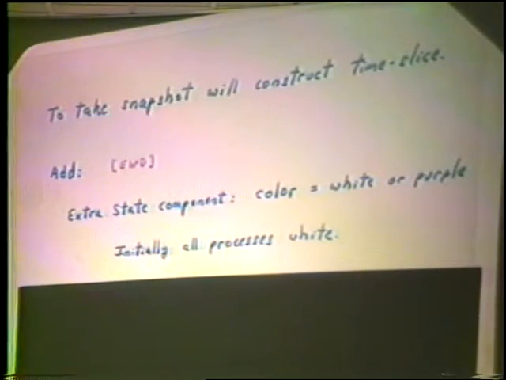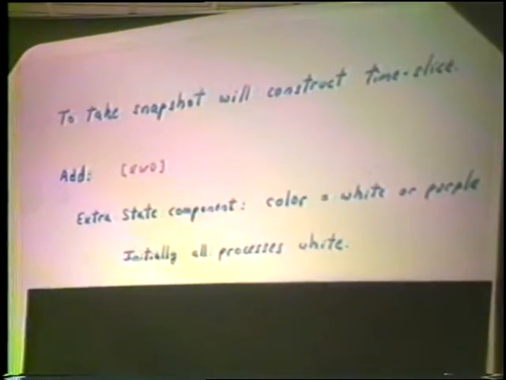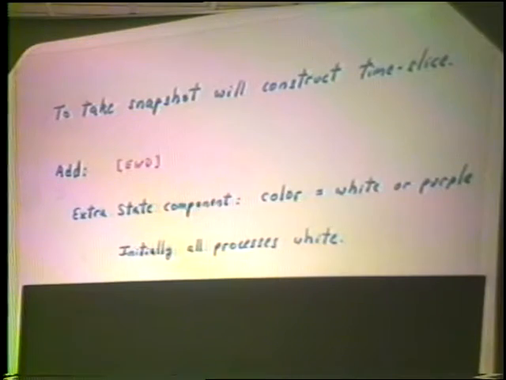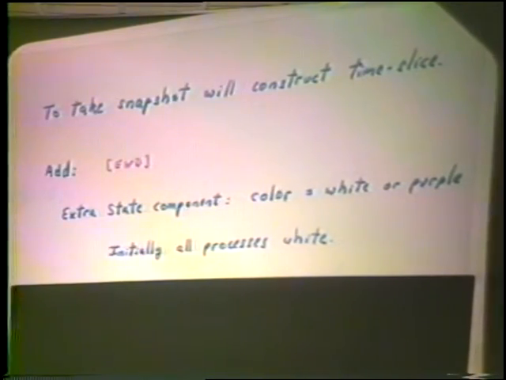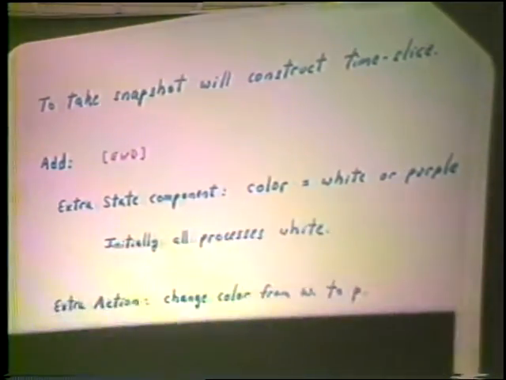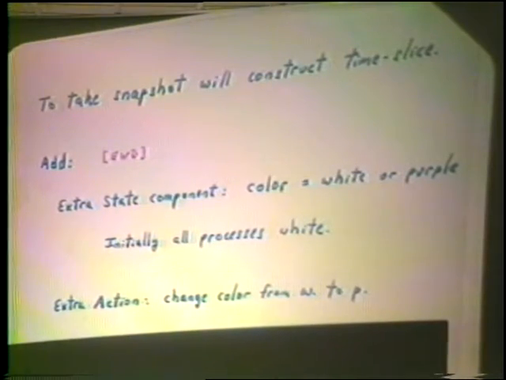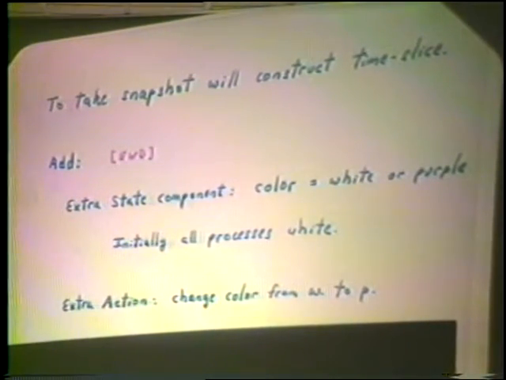Color will be either white or purple, and actually this is very different from Edsger's explanation of it, in which he uses white and red. Initially, all processes are going to be white. The extra action that I'm going to add is a color change. That means to each process, I'll add an extra action of changing color from white to purple.